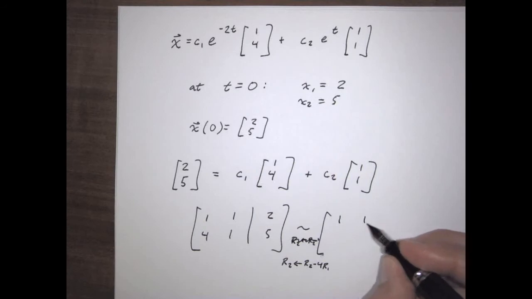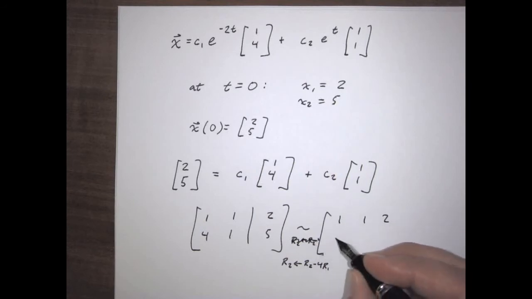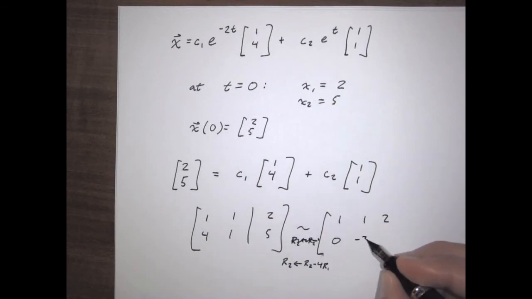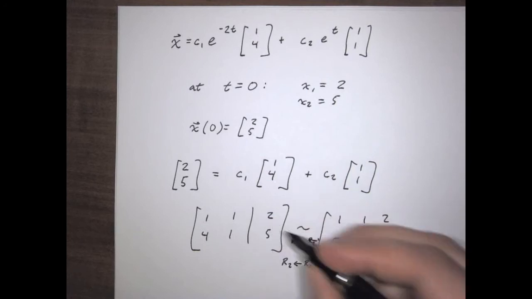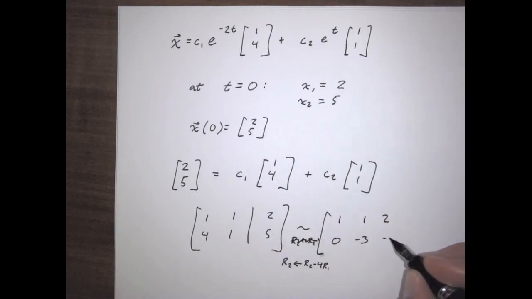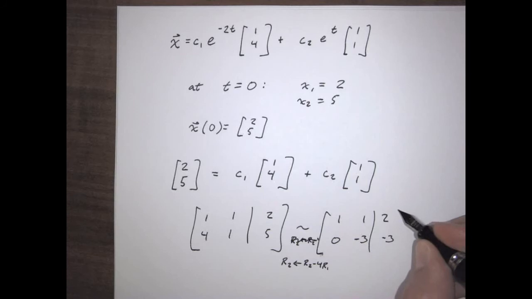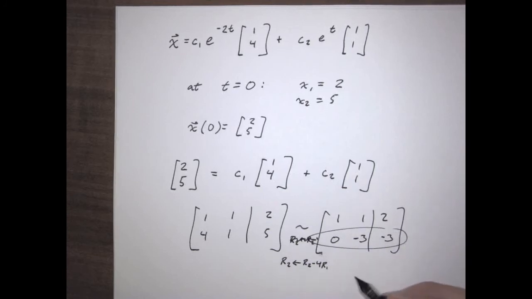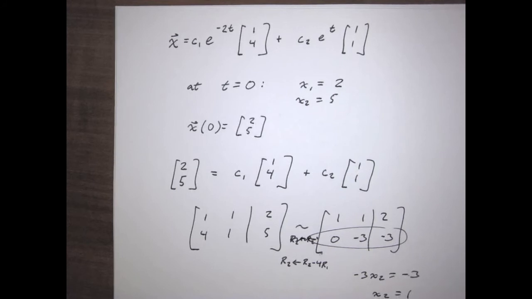That's going to be 1, 1, 2, 0, negative 3, and minus 4 times 2 is going to be minus 8, so it's going to be negative 3. And so then this tells us that negative 3 times x2 equals negative 3, which means x2 equals 1,